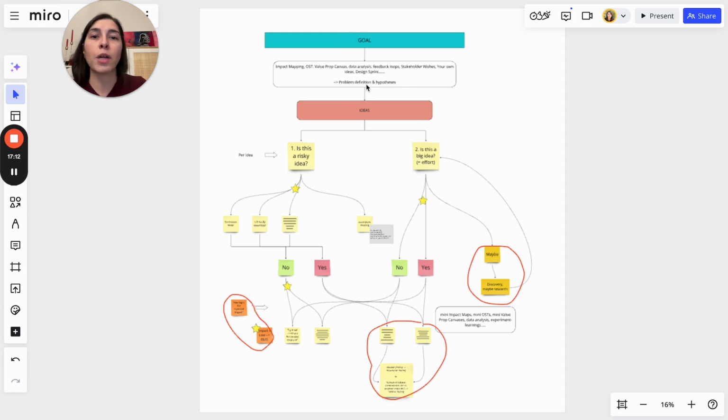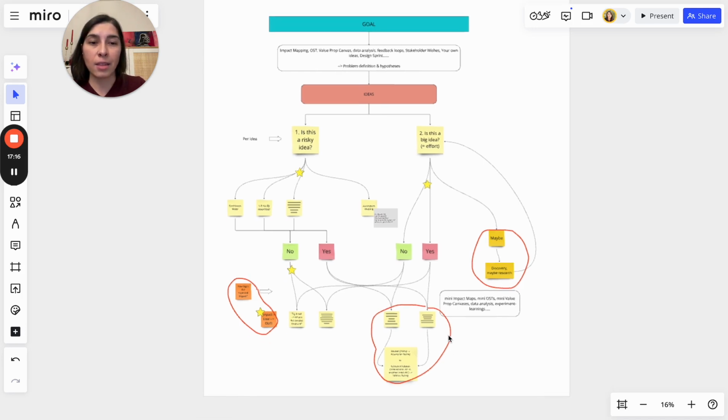We do some discovery activity to come up with the ideas. And then again, somewhere here is actually a feedback loop, right? We build stuff, but let me talk you through. We get some ideas. We try to understand if it's a risky idea or not, how big the idea is, and if there's actually any impact that we expect from it or not. And then we decide if we just try it out and see what happens, if we make it smaller, if we run